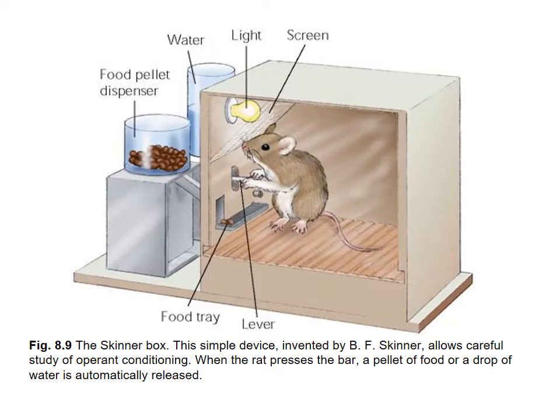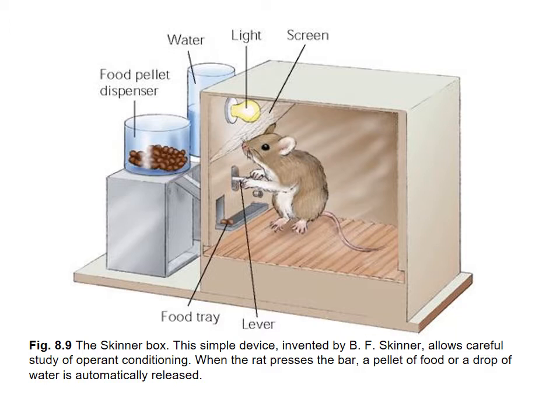A discussion of operant conditioning always starts with a discussion of B.F. Skinner and Edward Thorndike. Remember, Thorndike wrote the law of effect, which was the basis that any behavior that is followed by a positive consequence is likely to increase. Any behavior followed by a negative consequence is likely to decrease.